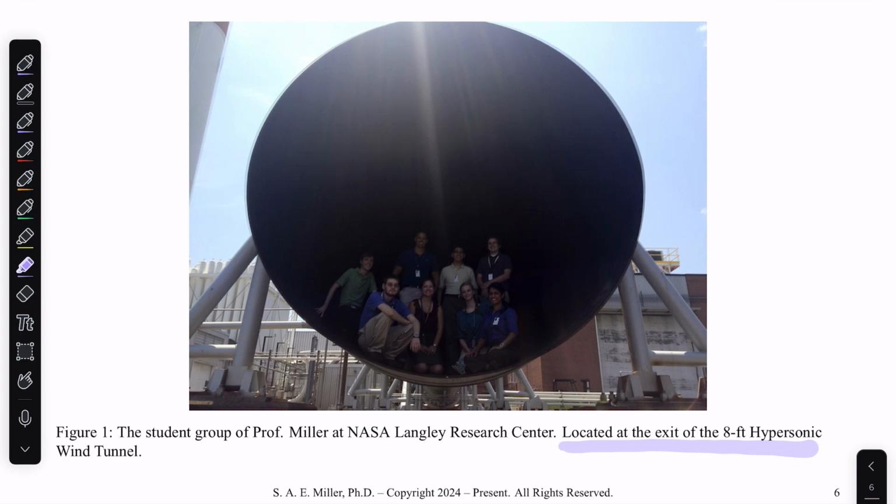This is clearly larger than 8 feet, as you see, and that's because it's the exit. The 8-foot means it's the size of the test section, the cross-stream direction. The cross-stream direction is orthogonal to the main flow direction in the test chamber. That was a wonderful day, and it's one of my most favorite memories, so I always try and share this photo when I'm doing a class.